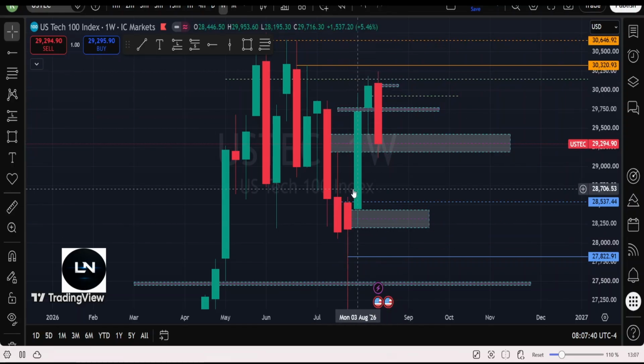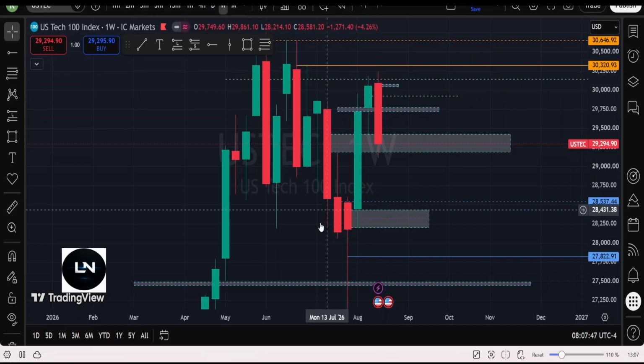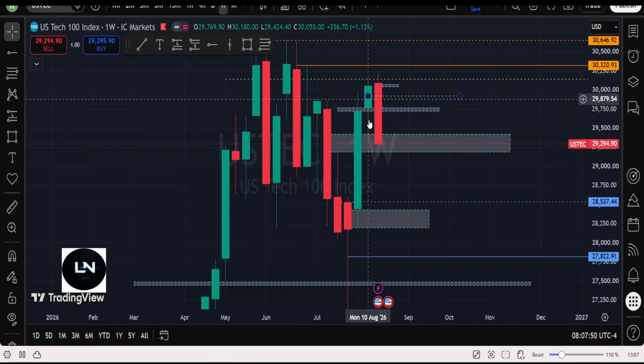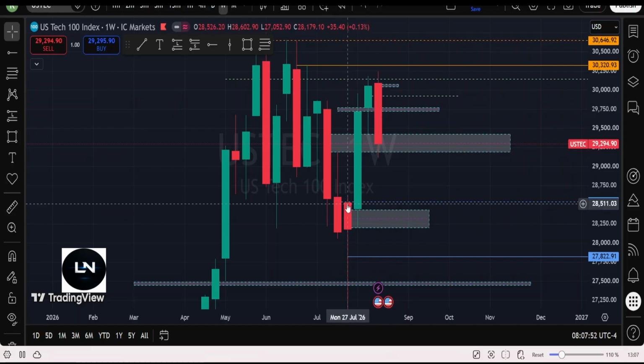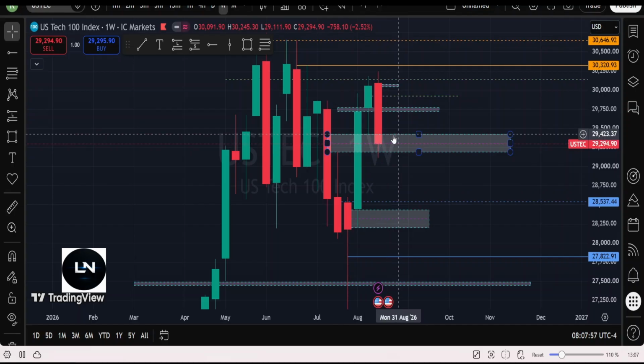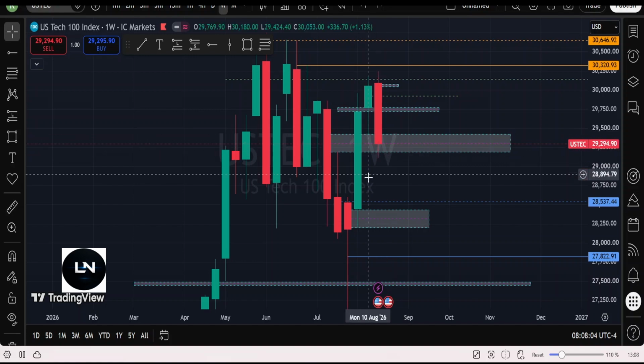And within this dealing range, where does the liquidity lie? Above this high is liquidity, below the lows is liquidity. Within this dealing range, we have levels that price could respect and react to, and these are the levels we mapped out. The first of them is this particular fair value gap that price is at the moment. And the next level will be this order block on the weekly time frame, which if price moves to this level, will be seeking this particular level before it could get to this level, which is a level on the daily